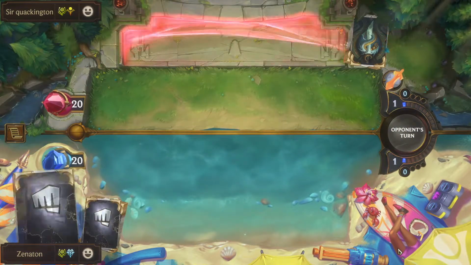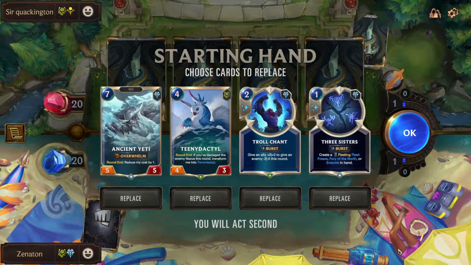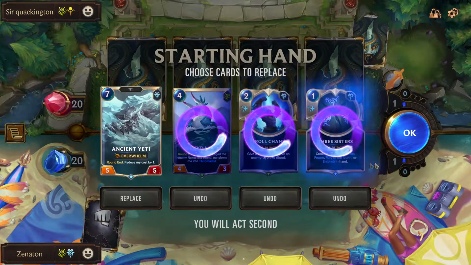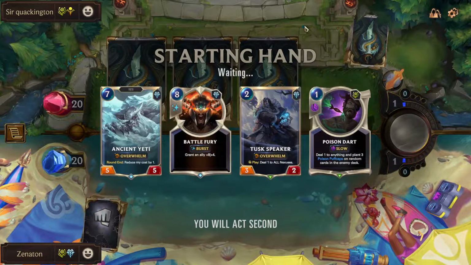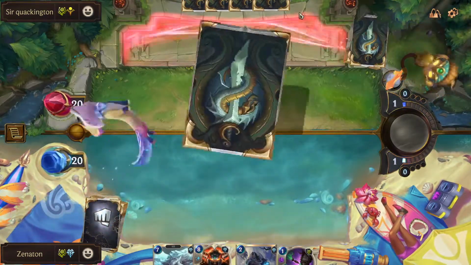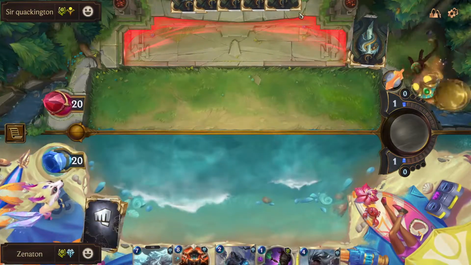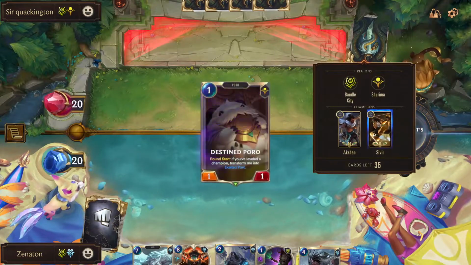Okay, so we got our... Oh, wait. It's not Demacia. I was gonna say, we got our Wish and we got a Demacia deck. I'm gonna keep nothing here except for the Yeti. Looks like they're on the Bandle City Sivir deck. I've never seen this list with Akshan, though. Usually this deck plays Tristana. I've actually seen the version with Tristana. What they do is they play Shell Game to Shell Game...